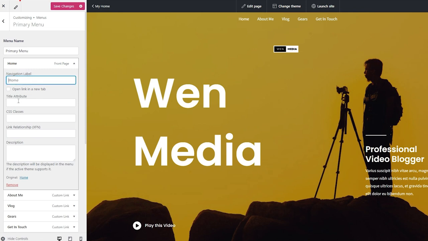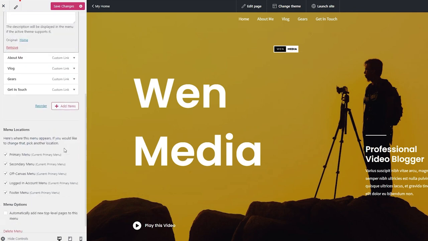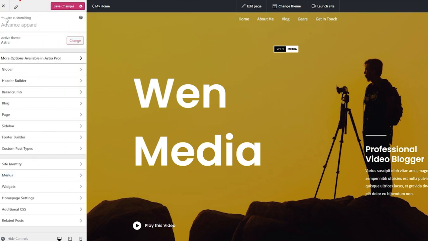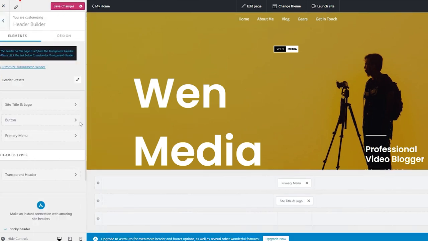So you can add names, change the attribution. If you have a specific or custom code, you can add a CSS code right here and add a relationship if you want to. But yes, that is how you can edit the menu options as well. And I already showed you the layouts as well, so now we can, and if you've missed it, just click